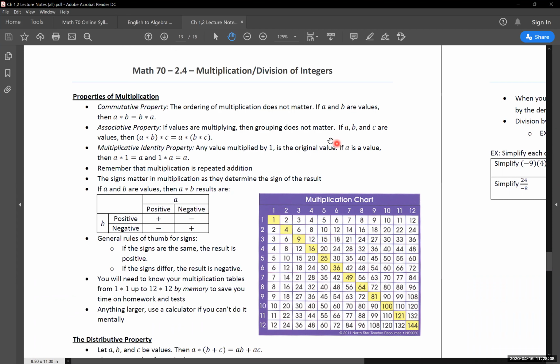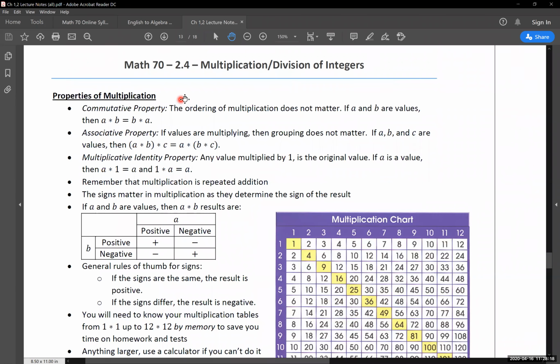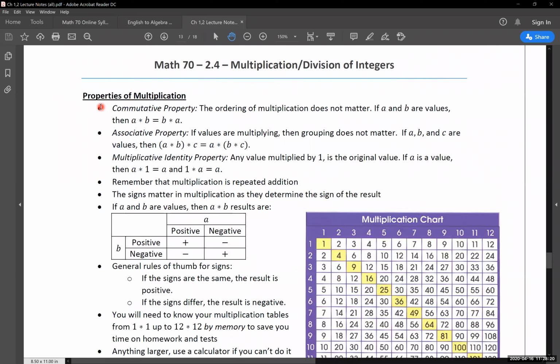So we'll start first and foremost with some properties of multiplication and division of integers. Again, most of these are related to multiplication over anything else, but these are our first ones here. But they are extremely useful when we get to stuff down the road, especially when we want to manipulate equations or expressions to work with numbers a bit more easily. So our properties of multiplication.